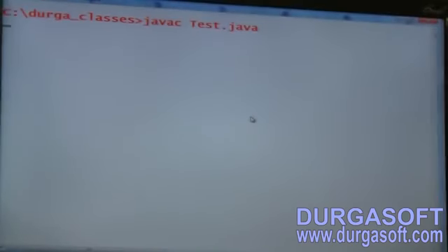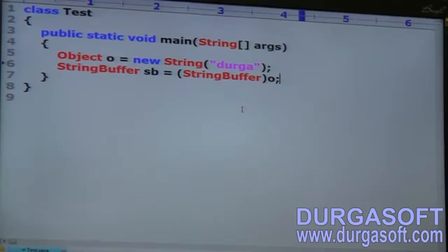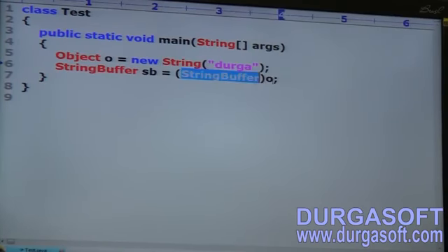Java C Test.java, valid or not? Yes, no problem at all. No compile time error, because there is a relation between O type and StringBuffer type.